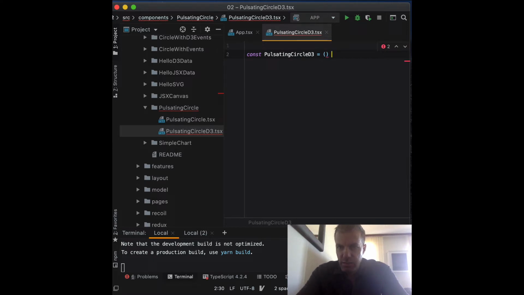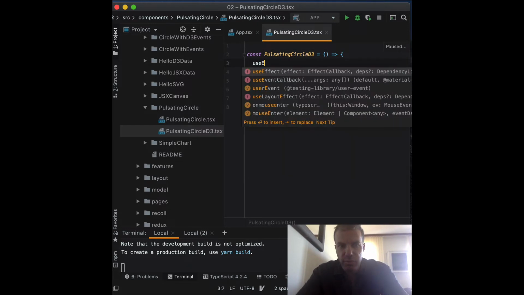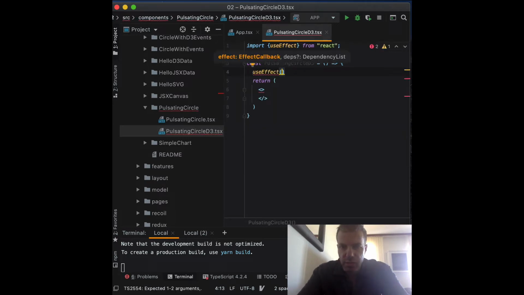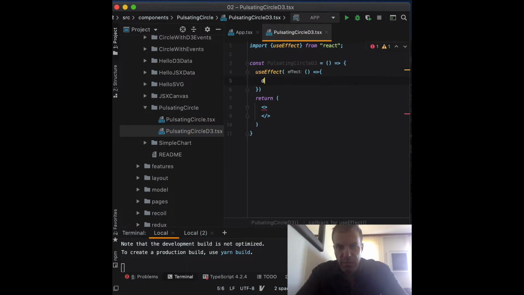We don't need any properties, so I'm just going to return an empty tag for now. There you go. Now, wait, we need a fat arrow here. Okay, now what we can do is just use useEffect. We'll use the hook to call the draw method just like we did before. So let's use useEffect and put a function inside, and in the function let's create